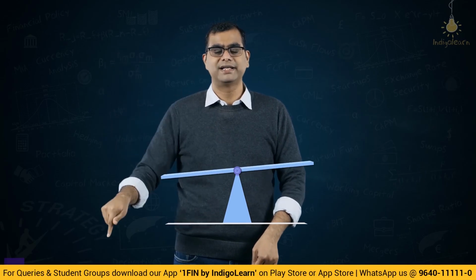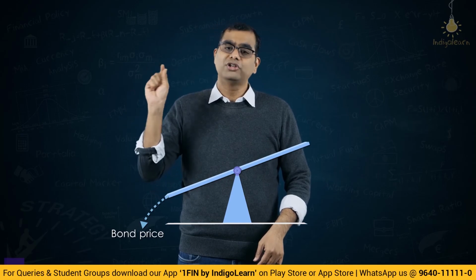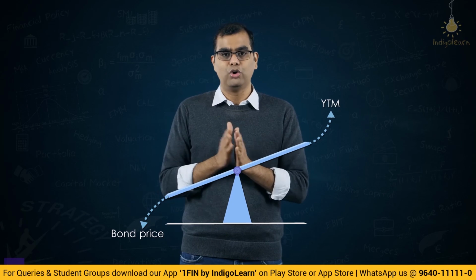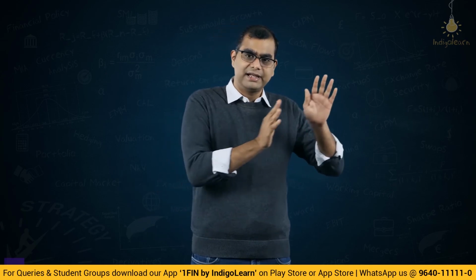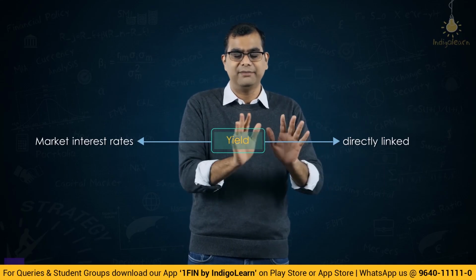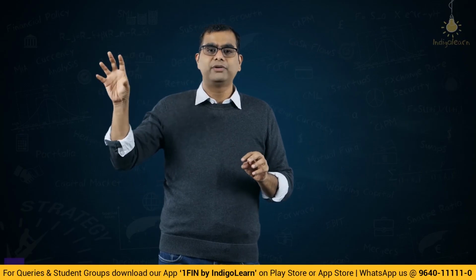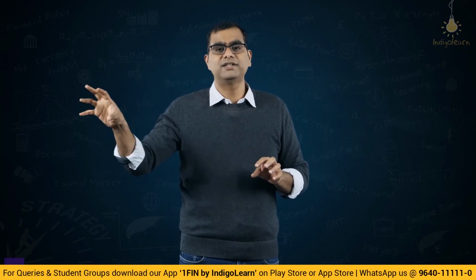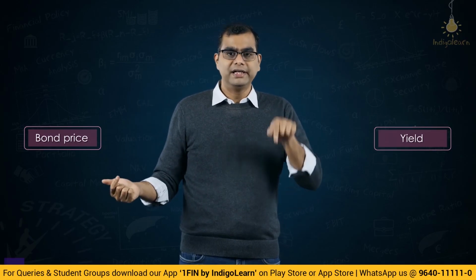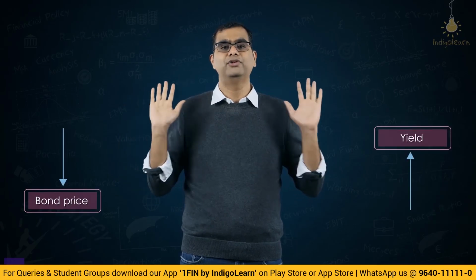When the price of the bond being traded in the market post its issue decreases, it means that the yield is going up. So, the yield is directly linked to market interest rates. I am not disputing that. In our example, everything is the same. Okay, but please hold on. If you directly correlate the price of the bond versus the yield, the clear understanding is: when yields go down, prices go up. When yields go up, prices go down. This is what you have to remember.